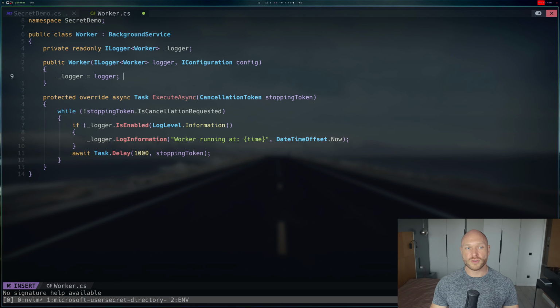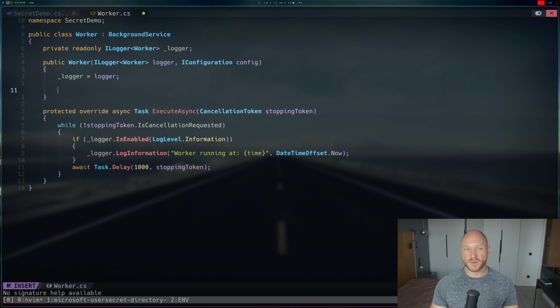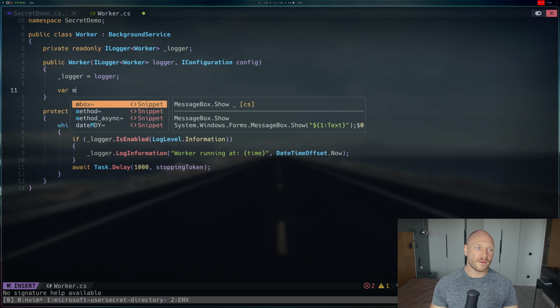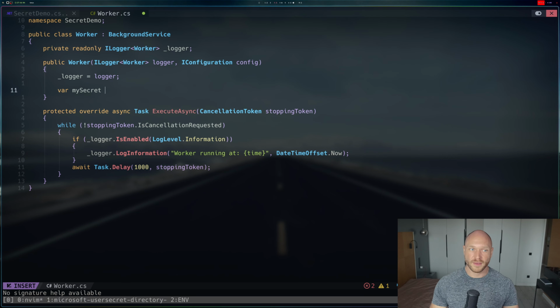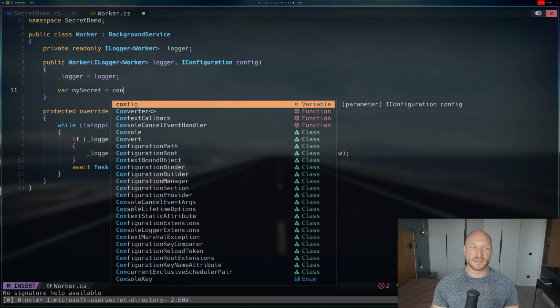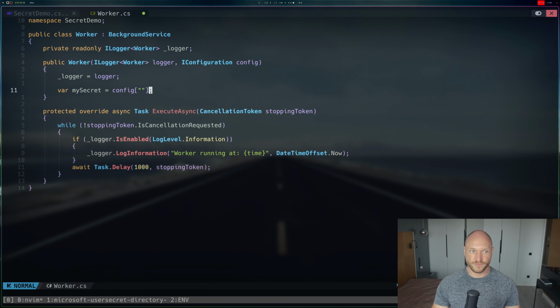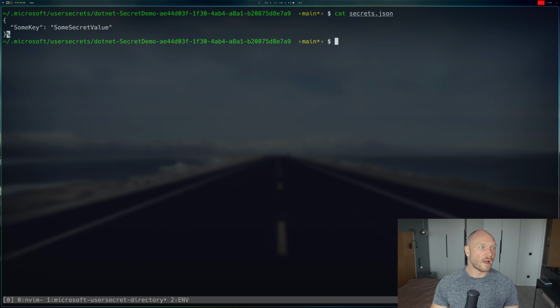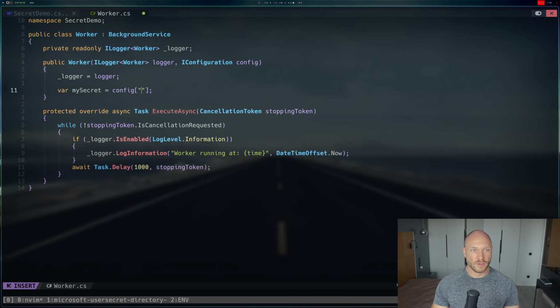And I want to read something from the secret directory. Then I would really just go and say my secret. And I would do this, and I would go and say config. I would then just push in my some key to read that secret. And if I now have a breakpoint right here,